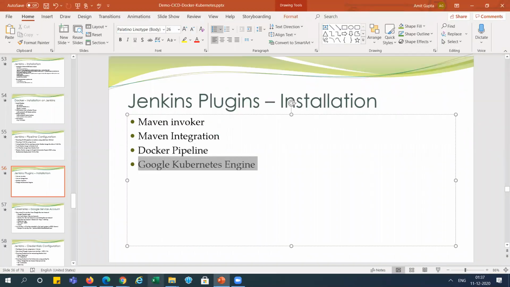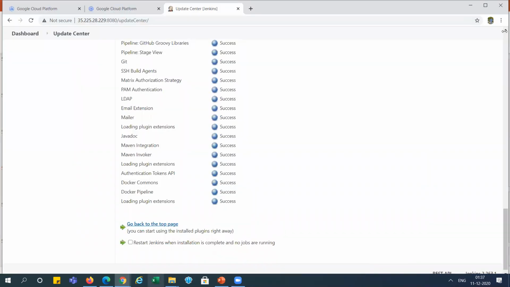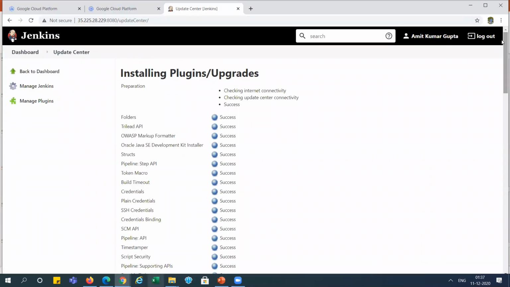Now we need the Google Kubernetes Engine plugin. We need to install this plugin for connecting to Google Cloud.